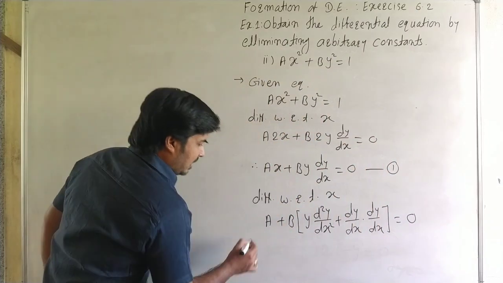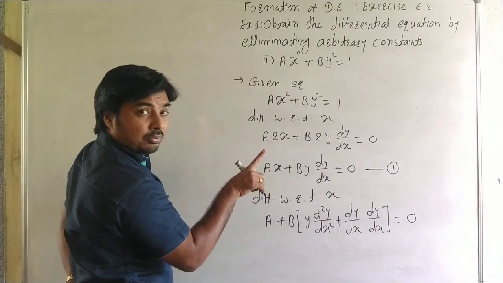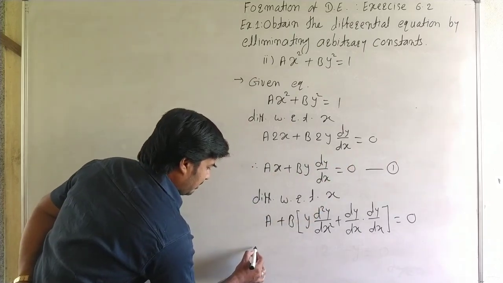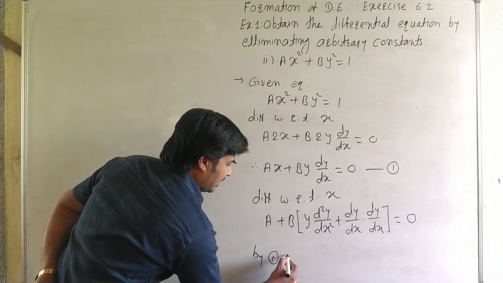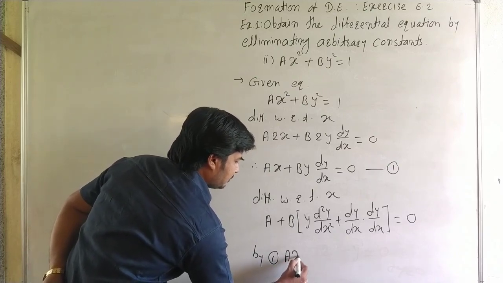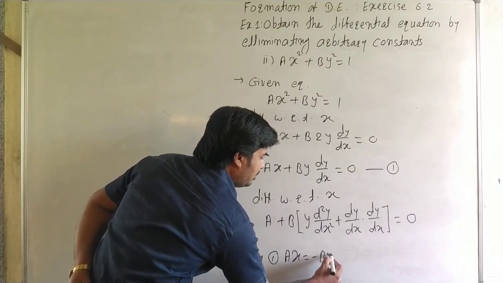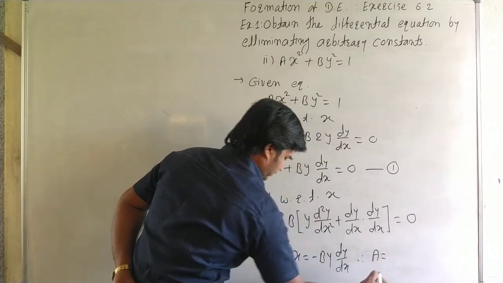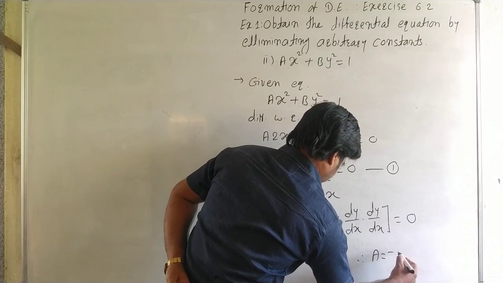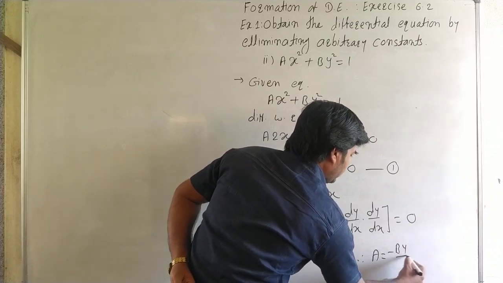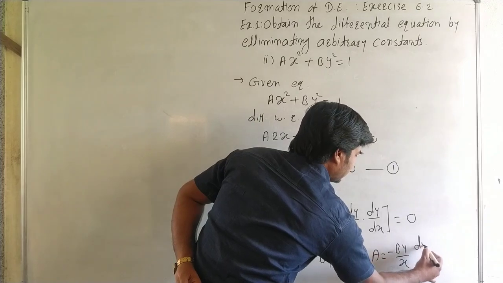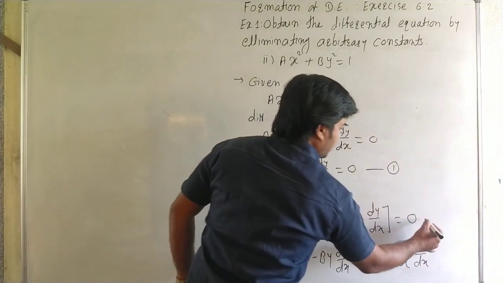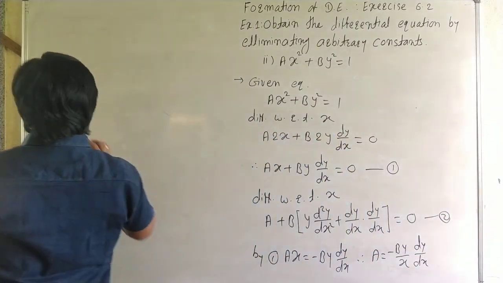Okay, see carefully. By equation 1, ax is equal to minus by dy by dx. Okay, here we can write ax is equal to minus by dy by dx, and therefore a is equal to minus by upon x into dy by dx. Here it is the value of a, put in this equation. Okay, here it is equation number 2, put into,